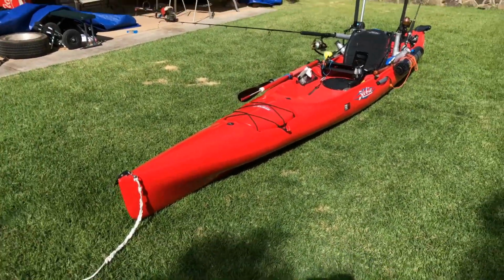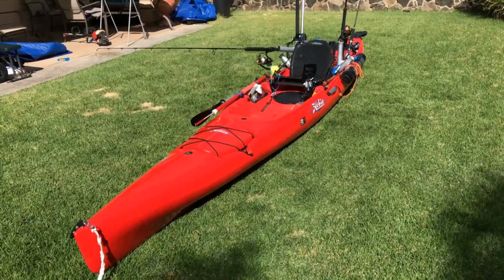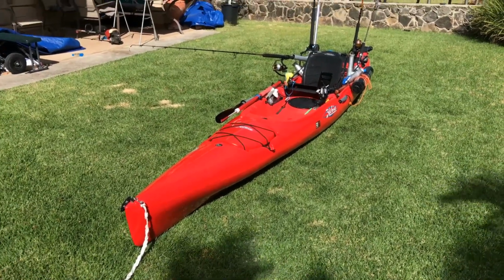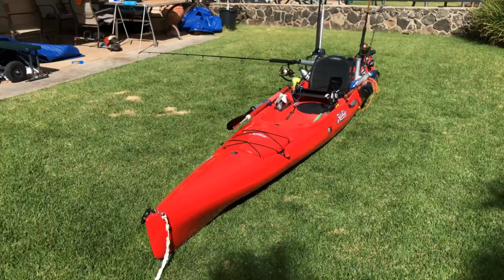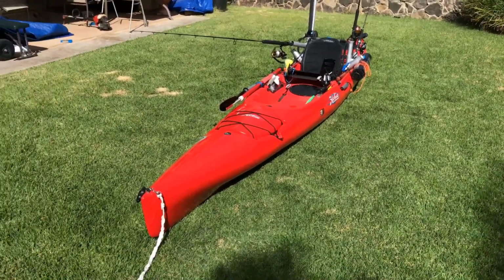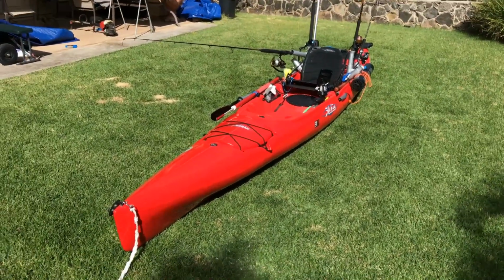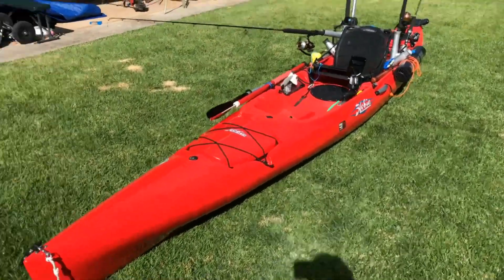And I gotta say, Hobie, thank you for putting foam blocks in this kayak and many of your other kayaks, because without those foam blocks, I think this thing would have sunk, or at least would have been too heavy to tow in by swimming it in. So again, thank you, Hobie. All right,